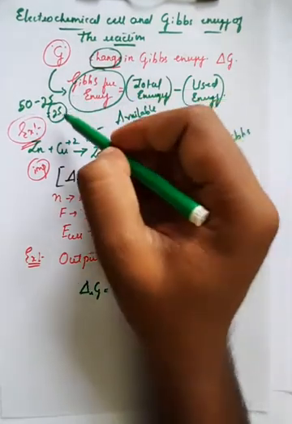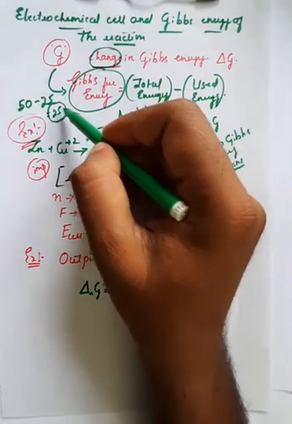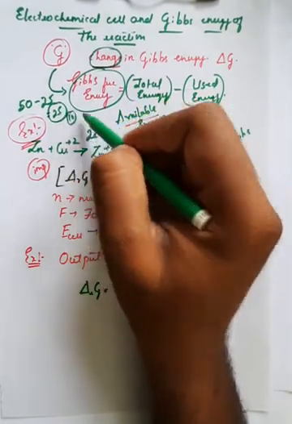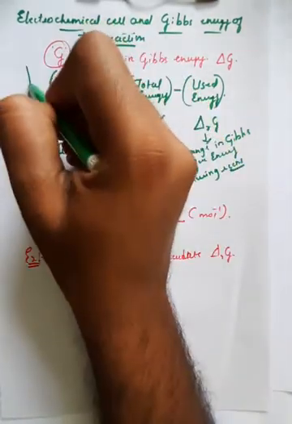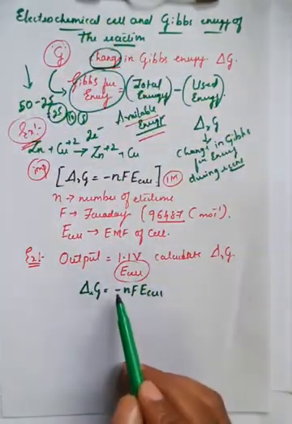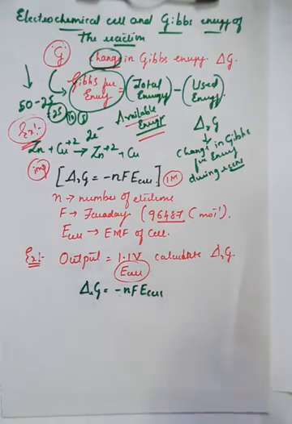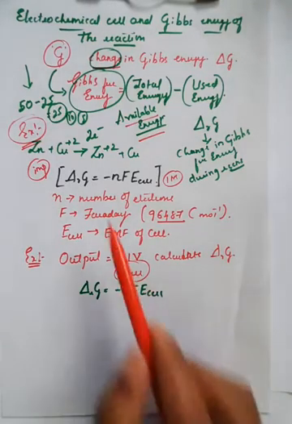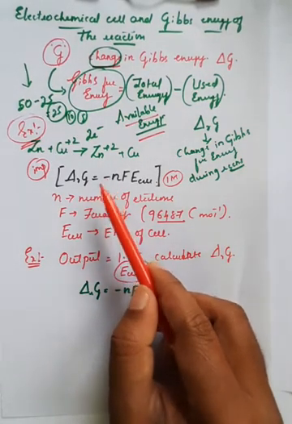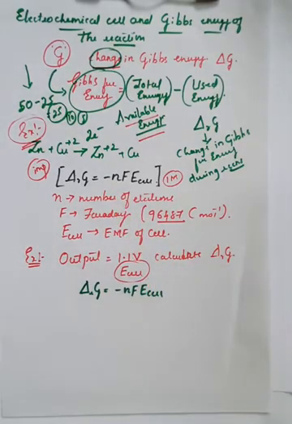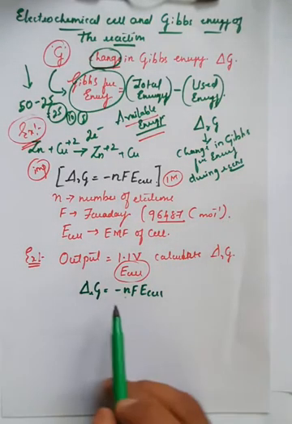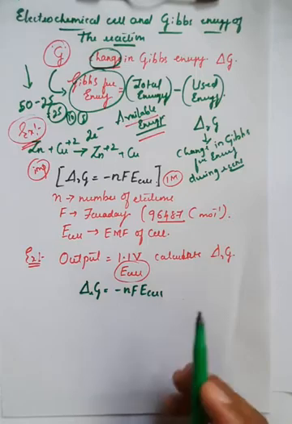Further, if you go for the further reaction, 25 can convert into 10, 10 can convert into 5. Like this, the value goes on decreasing. Therefore, the change in Gibbs energy is termed with the help of a negative sign. Always remember, it is the decreasing value, not the increasing value. Therefore, delta R of G is equal to minus nFE of the cell, right?